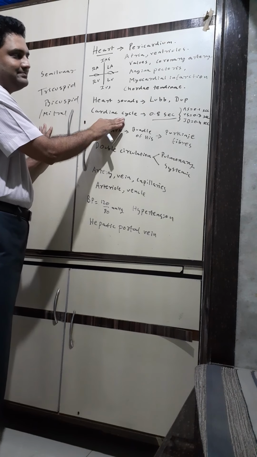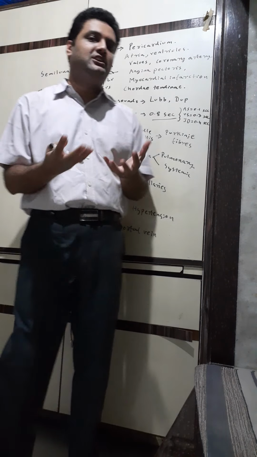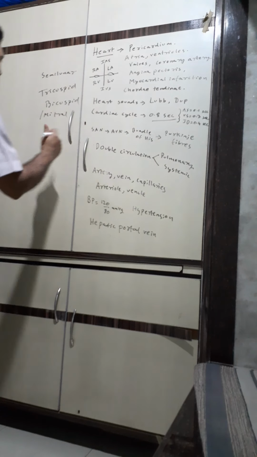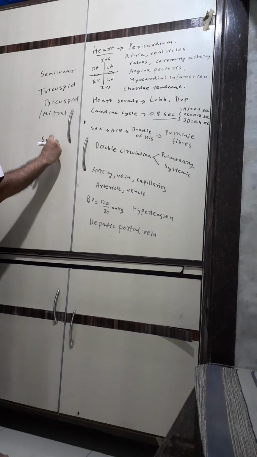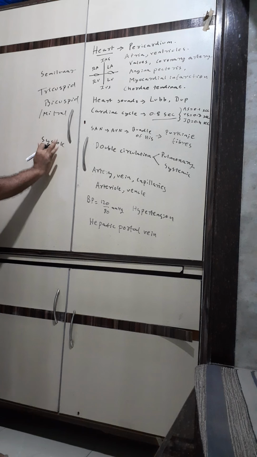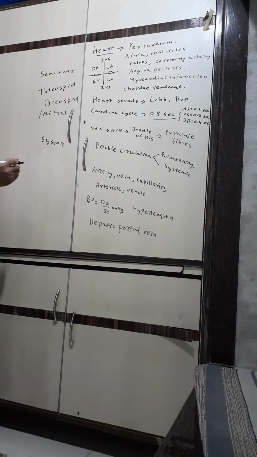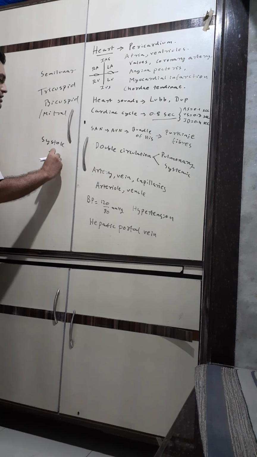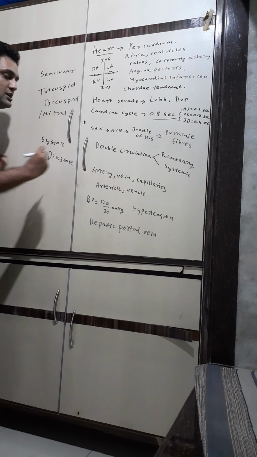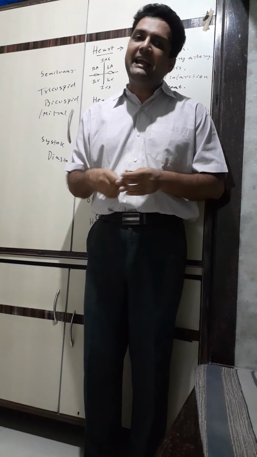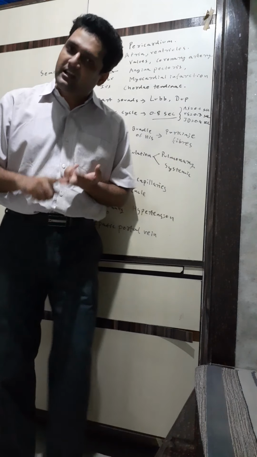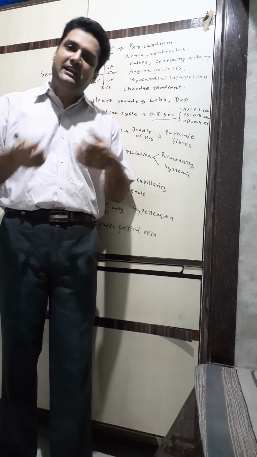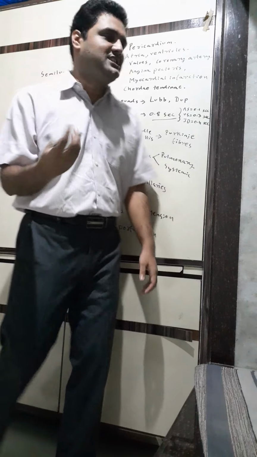Cardiac cycle: contraction of any chamber of the heart is called systole, and relaxation of any chamber of the heart is called diastole. So when atria contract, it is called atrial systole. When ventricles contract, it's called ventricular systole. When ventricles relax, it is called ventricular diastole. So remember,